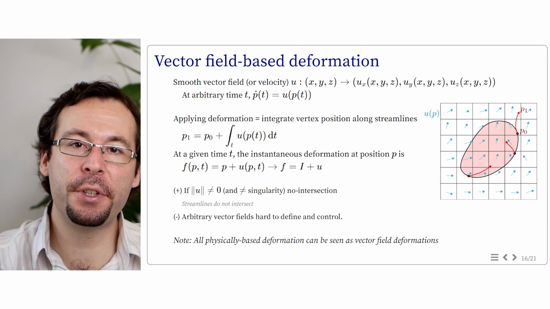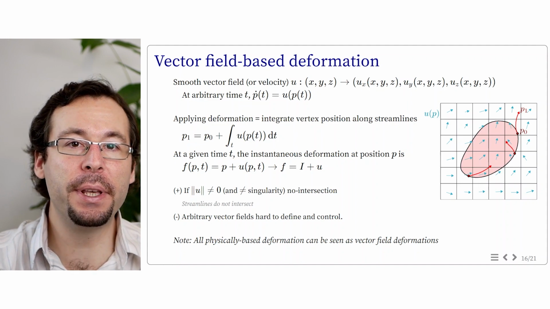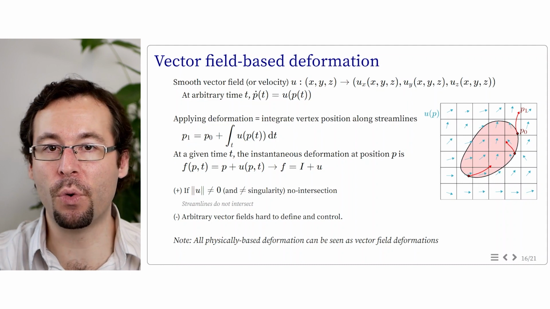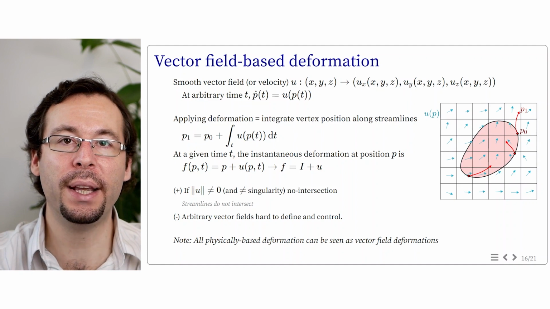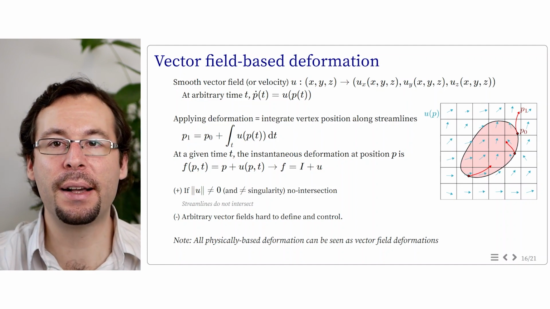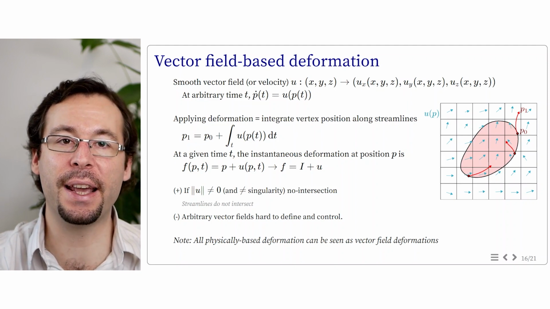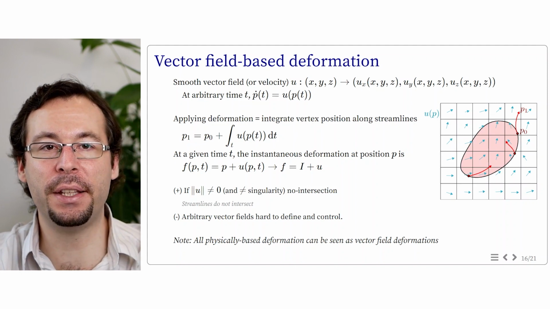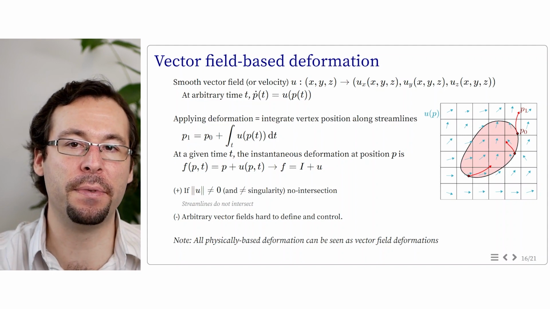And now we end with a specific type of spatial deformations. Deformation that can be represented as streamlines along vector fields, or in other words, shapes that are advected along velocity u in time. So we define the vector field, or the velocity u, as the function of coordinate ux, uy, uz at position x, y, z. And at an arbitrary time, we have the time derivative associated to a position given by the velocity field applied to this position.